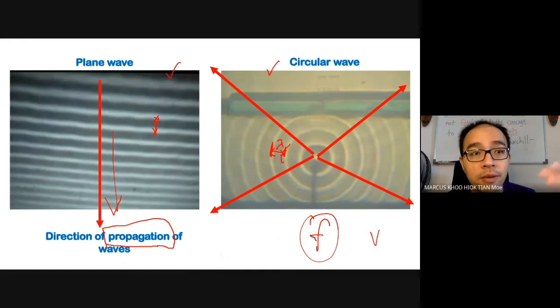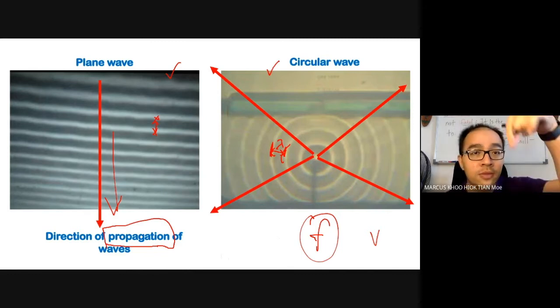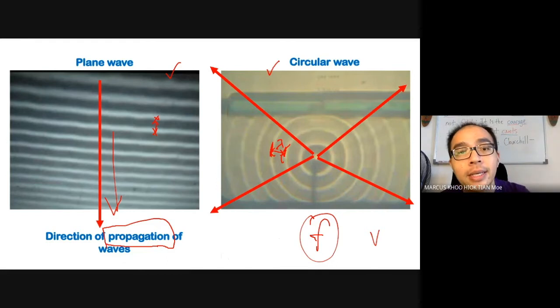At the very beginning I said that actually it's not the waves that are moving, the waves are just propagating, and what they are actually transferring is energy. They are not moving themselves. That's why we have to use the word propagate, because if you say the wave moves, you're totally not getting the right concept. Waves don't move, they just propagate. So the circular wave, since it starts from a central point,